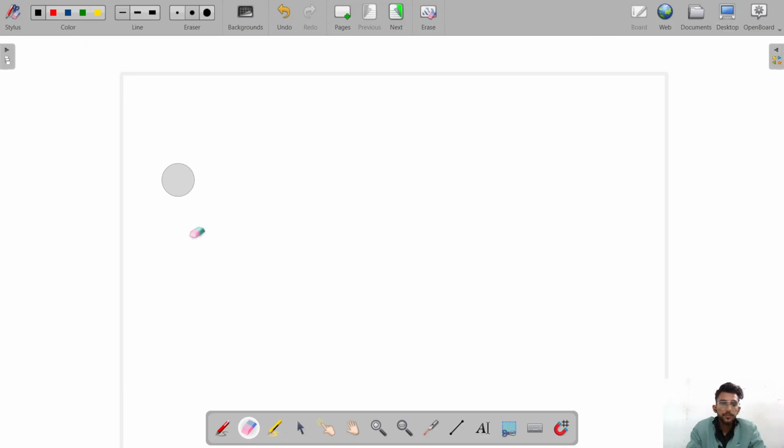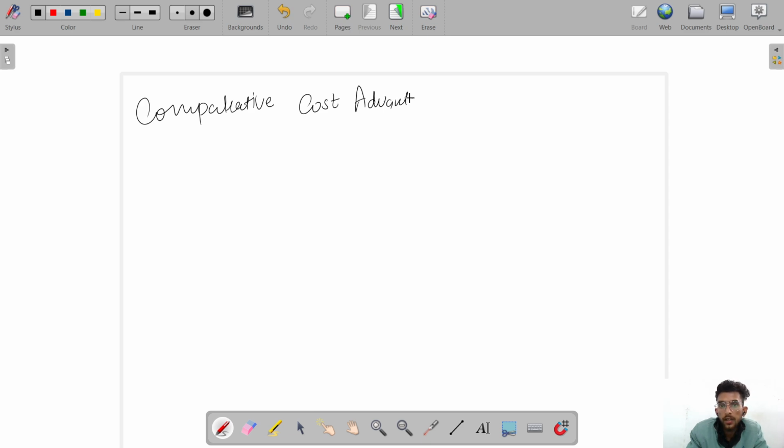So yesterday we discussed the absolute advantage theory. Today we are going to discuss the comparative cost advantage theory, given by